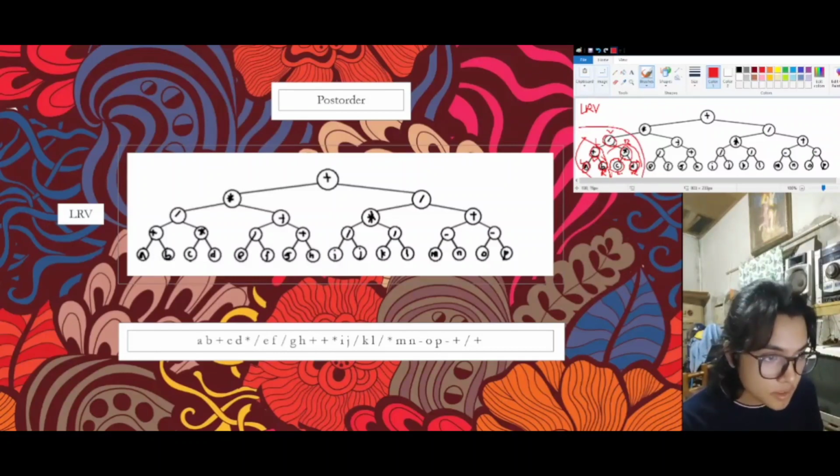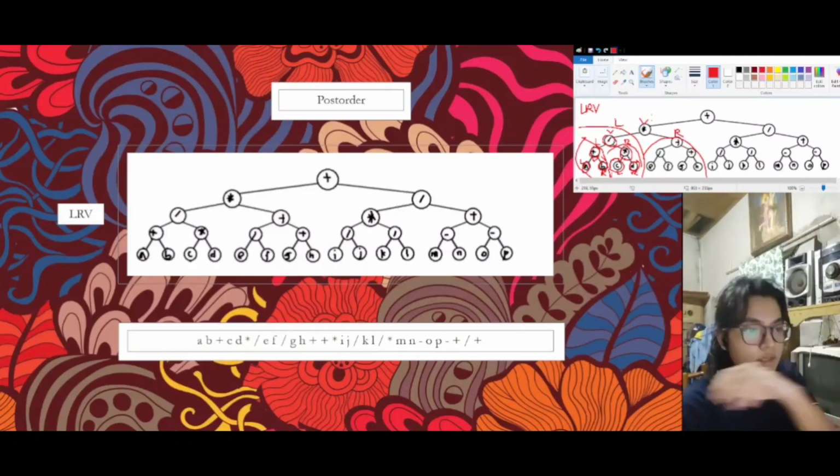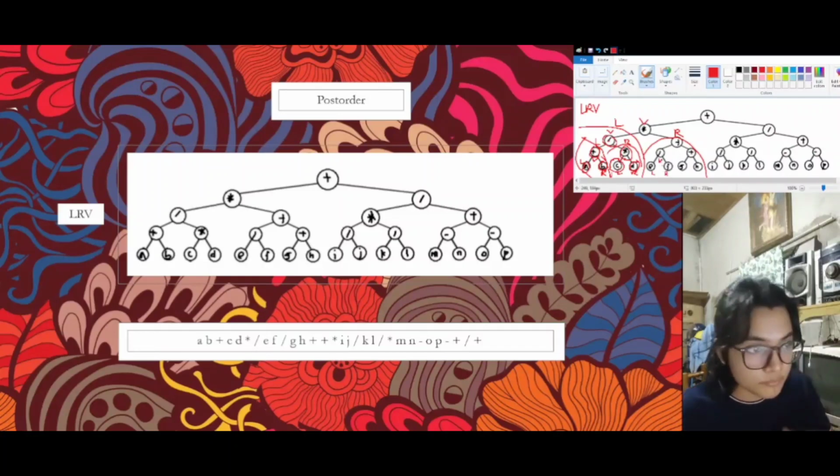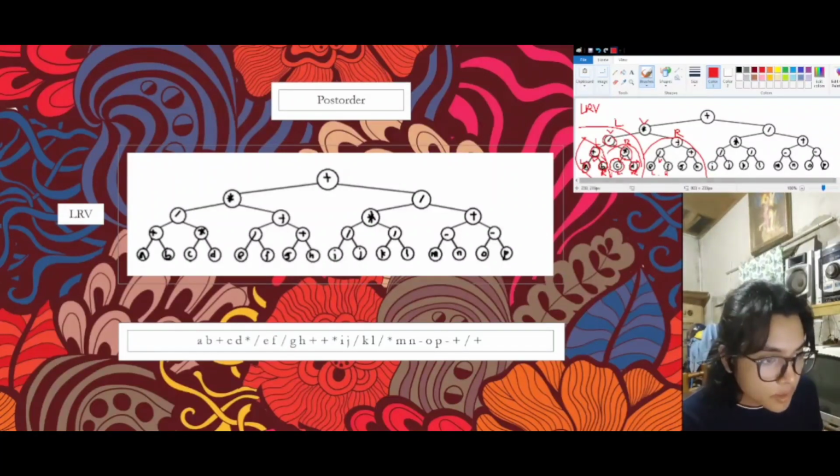This is going to be our new L. This is going to be our new R. This is going to be our new V. Since we're done with the left, we're now going to proceed to the right. And since it's right, we're going to proceed to the bottom and label them LVR, bottommost left, and then we're going to label them LVR. So we're now going to have E,